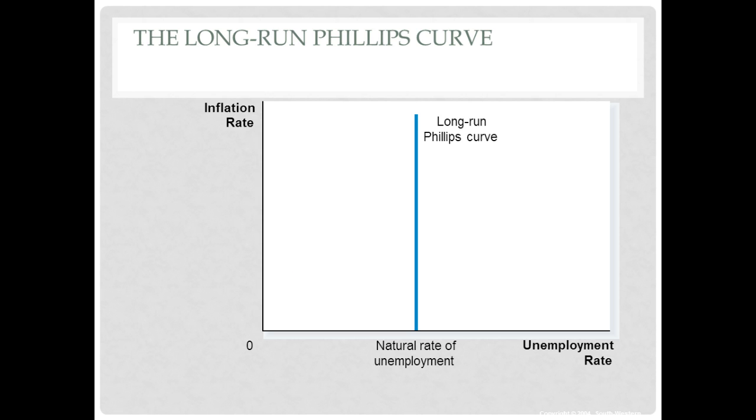All right, well, the Phillips curve was not only a short-run Phillips curve, but it was also the long-run Phillips curve. And remember, the long-run Phillips curve is essentially a reflection of what Phillips noticed about the long run. And Phillips noticed the same thing that most economists notice about the long run. The long run is when all of our prices and wages adjust to equilibrium. So in that case,